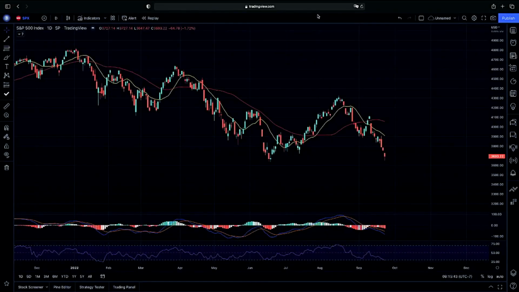So I'm going to go with you guys in the S&P 500 again. This is the SPX. I usually go over the SPY typically every single day during the week, but I'm going to go over the SPX. I also am going to go over the dollar, the US dollar, very key on how much pressure we have been getting to the downside. I'm going to go over all of this with you guys.